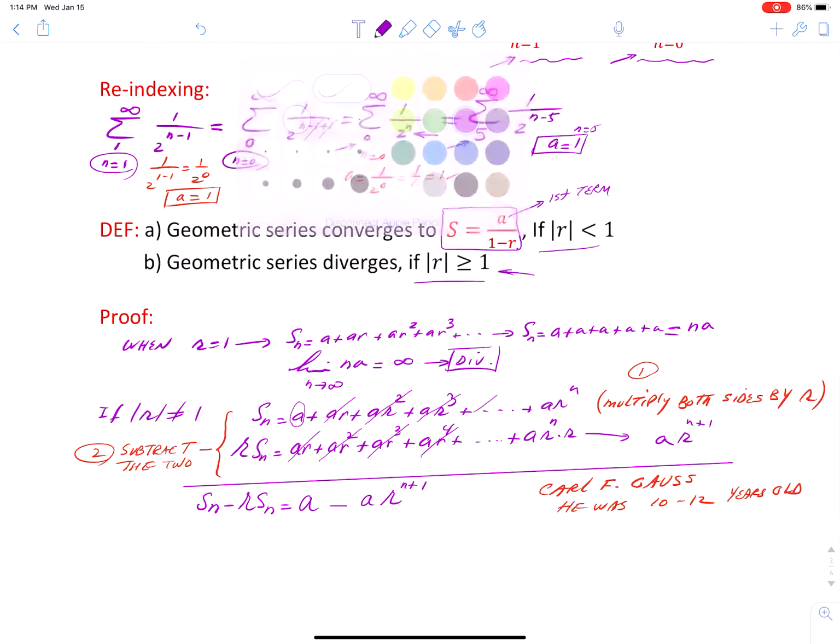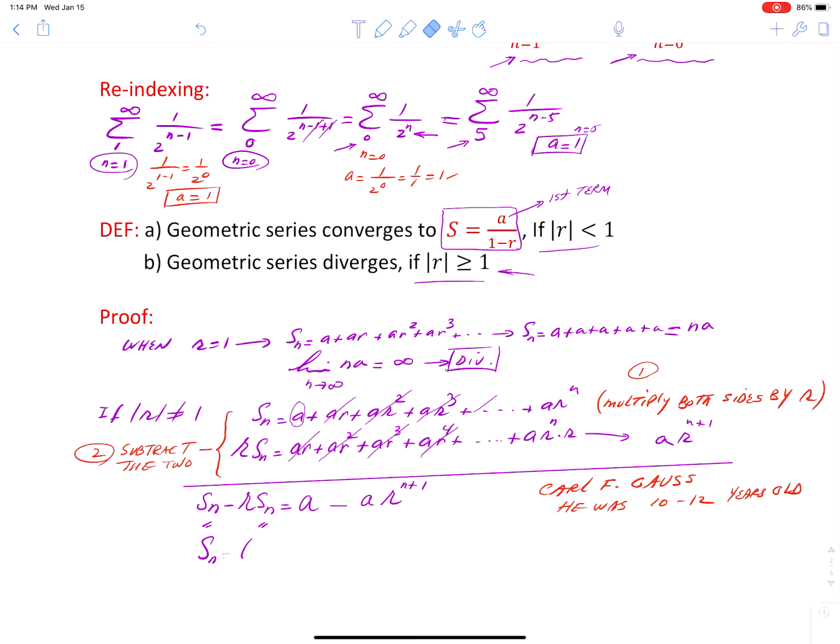Amazing. Something so simple. So look what he did next. He said, okay, I just multiplied this by r, and then I subtracted the 2, and then I said, wait a minute, there's a S of n, there's a S of n. Maybe I can factor S of n, and when I factor S of n, I get 1 minus r, and on the right hand side there's an a here, there's an a here. I can factor a. I get 1 minus r to the n plus 1,